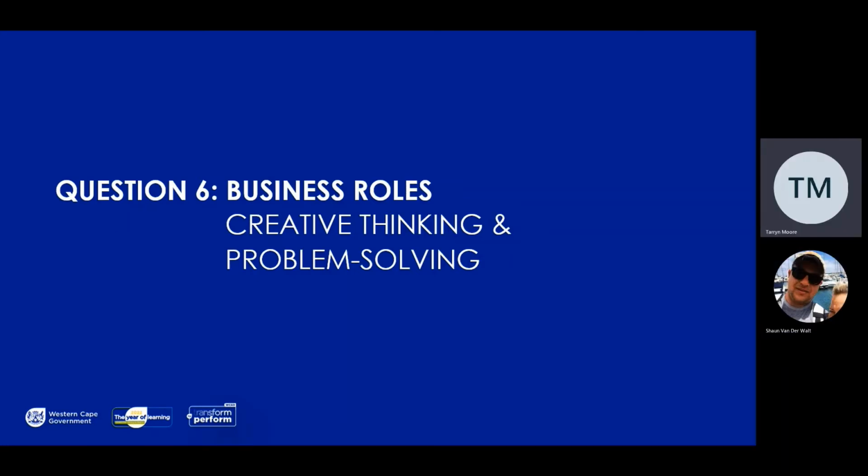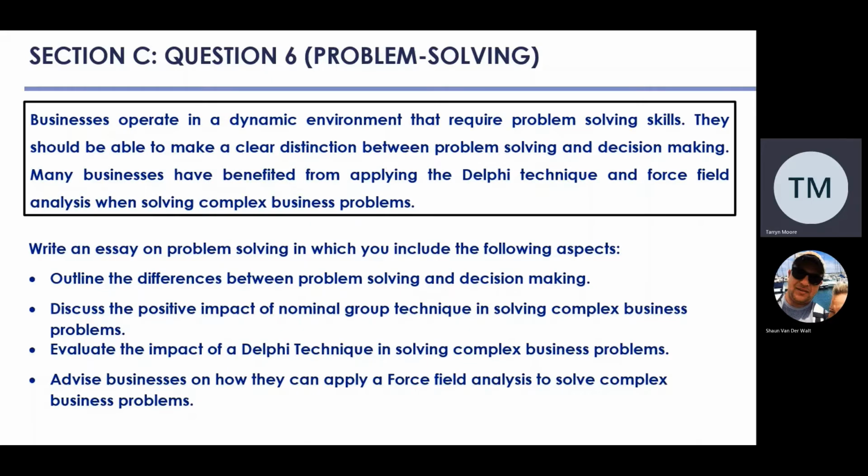Grade 12s, we are at question 6 and we're dealing with business roles. Now, when you started off, you had a problem. You did not know what was in paper 2 for the winter schools. And you now have access to that, and you utilized your creative thinking and drew on your knowledge to attempt the questions. We are still finding ourselves in section C, and we are looking at the question 6 question, where